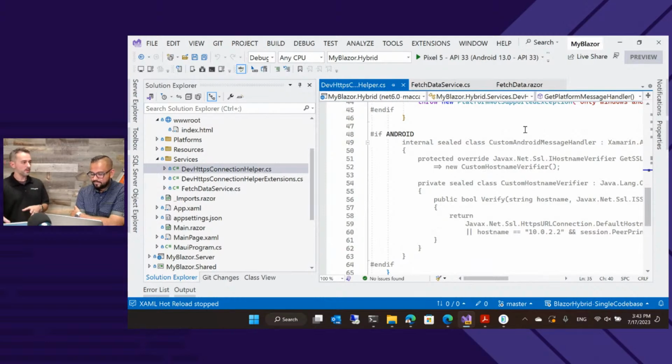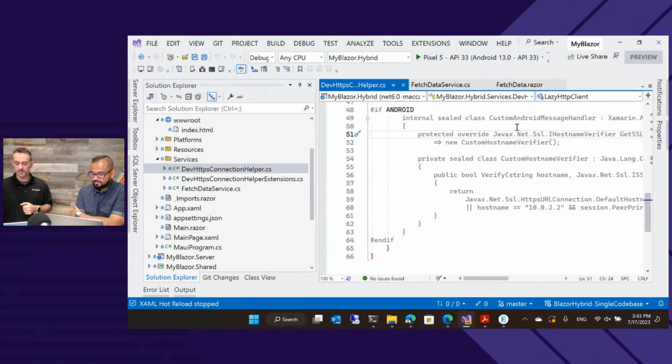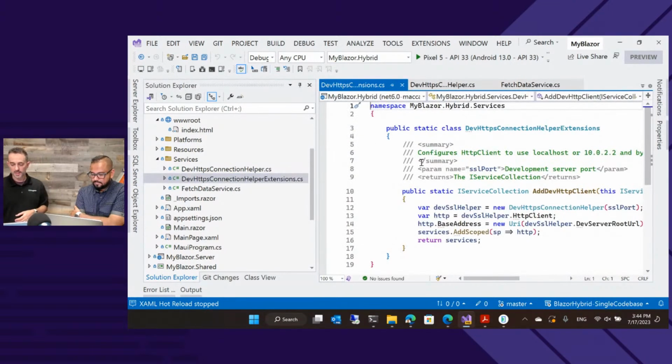This is the low-hanging fruit, though, because you can just copy paste it into your project and you're good to go. You don't have to configure anything beyond pasting this in and making your HTTP client. But you can at least see what it's doing. It's bypassing, patching in the SSL information instead of trying to get it.